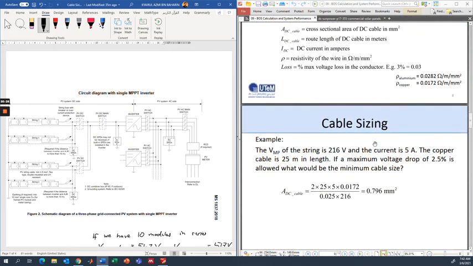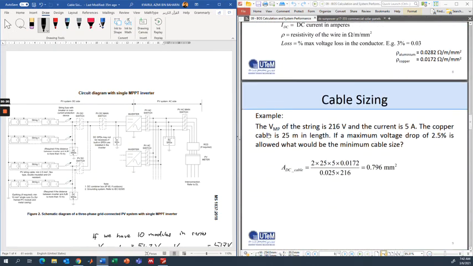An example. The VMP of the string is 216 volts and the current is 5 amps. The copper cable is 25 meters in length. If a maximum voltage drop of 2.5% is allowed, what would be the minimum cable size?